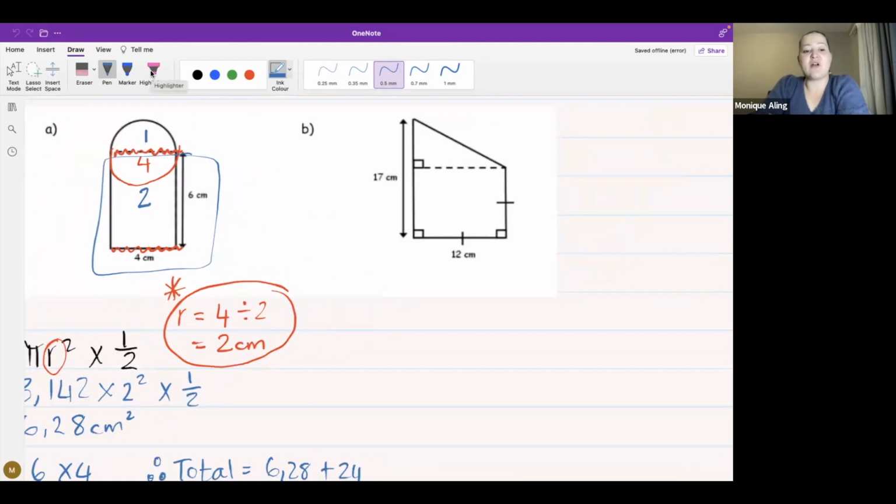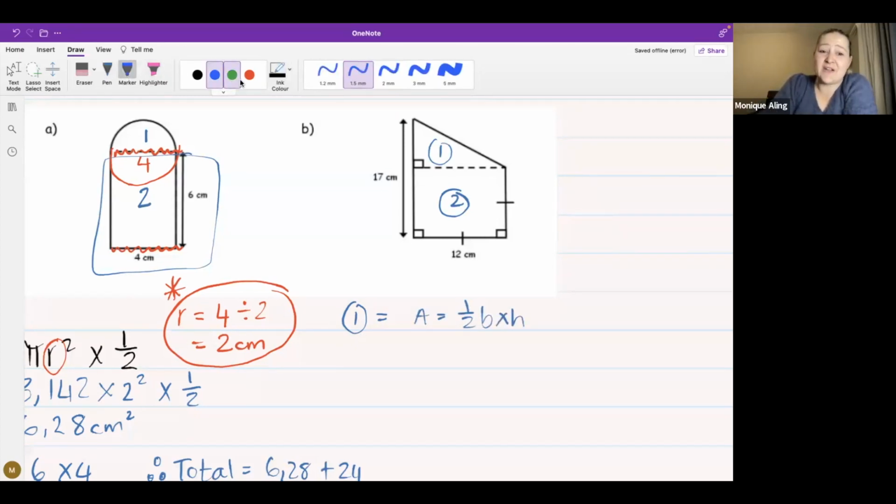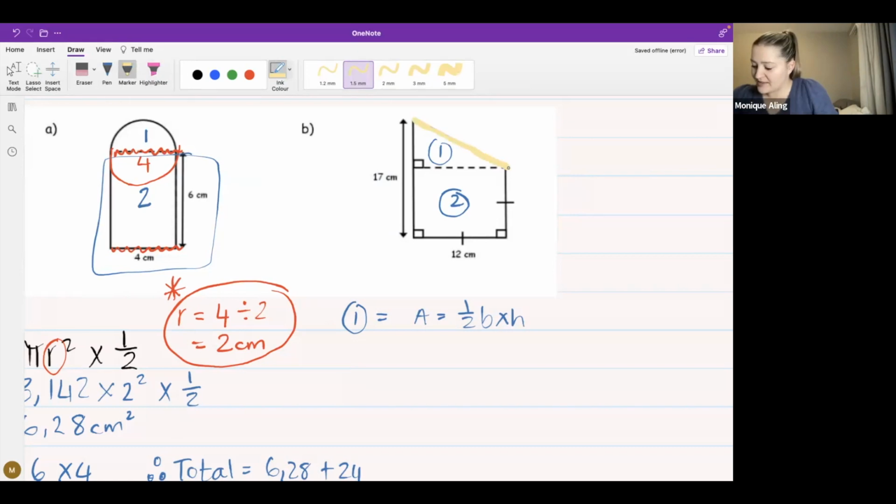So with a triangle, our formula is, so that's shape 1, shape 2. Triangle is area is equal to half base times height. Now, normally, based on what we did on Monday, we looked at perimeter. We would need this hypotenuse side. But do we need the hypotenuse side now? Okay, so we don't, because